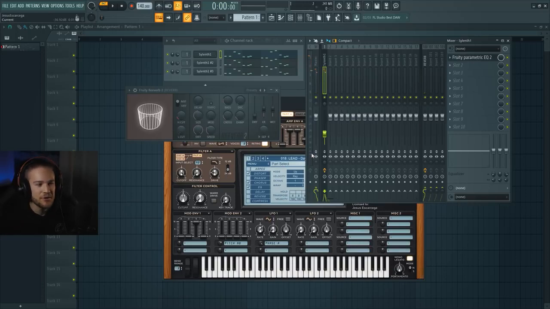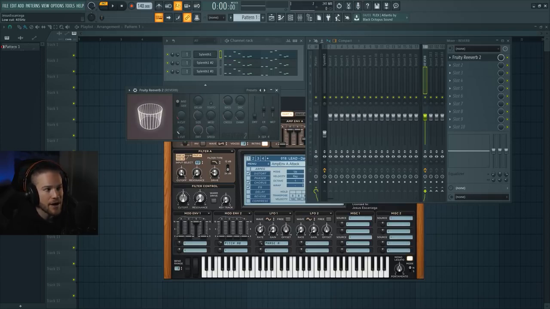Some things you can do to make your reverb sound cleaner is by adding a low cut, so removing all the low frequencies below about 300 hertz, to be honest. Or make sure that you don't have anything from 150 and below, because all those frequencies are sub and bass frequencies, which you don't really want on a reverb. Unless you do, right? So if you remove some of the frequencies, it should sound like this,